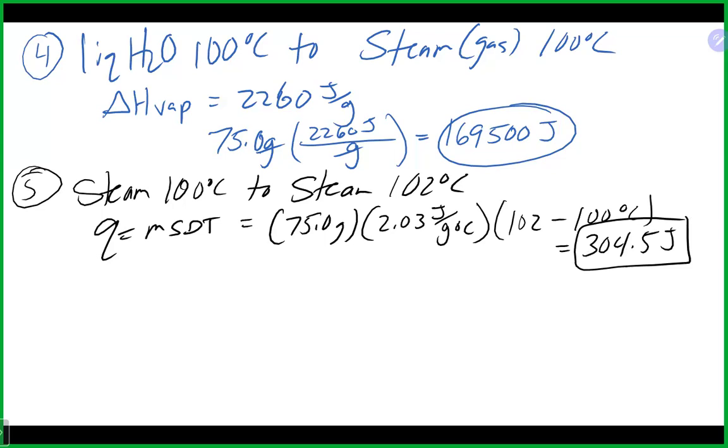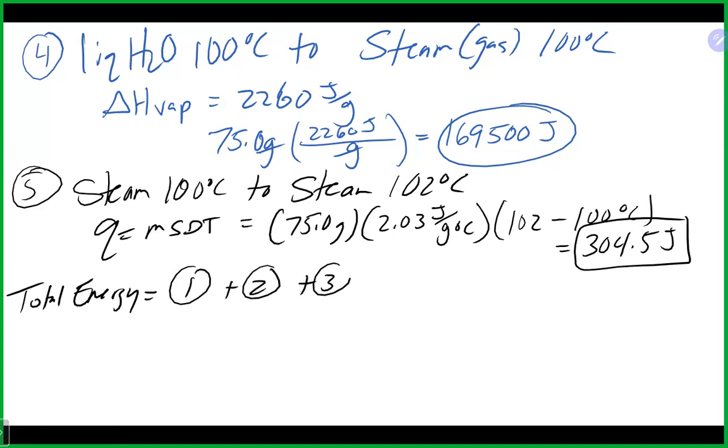Now we want to answer the question, which is how much energy is required to do all of that? So for each of the individual energy steps, and as we talked about, energy is a state function. It doesn't matter how long it takes you to get there. You are basically just going to add up all the steps here. So if we want the total amount of energy, our total energy in this case would be our energy of step 1 plus step 2 plus step 3 plus step 4 plus step 5, which if we add those guys together, 304.5,